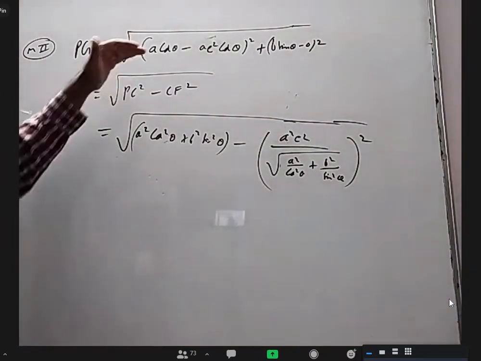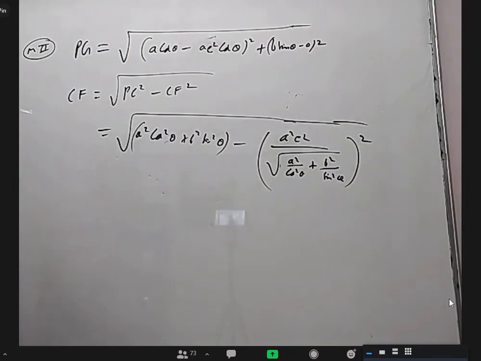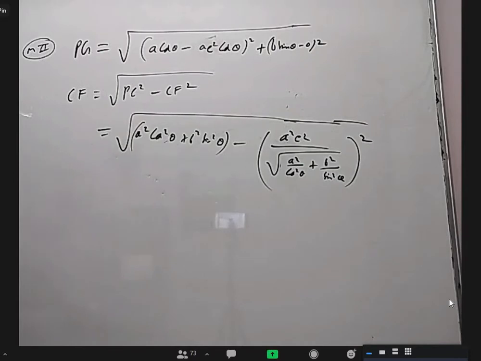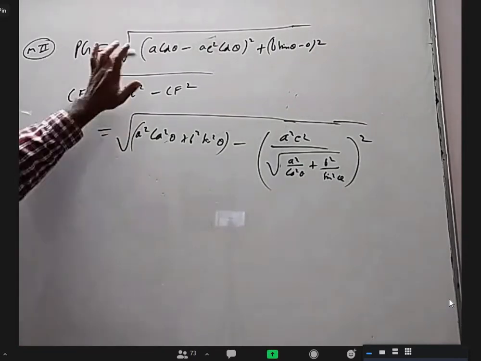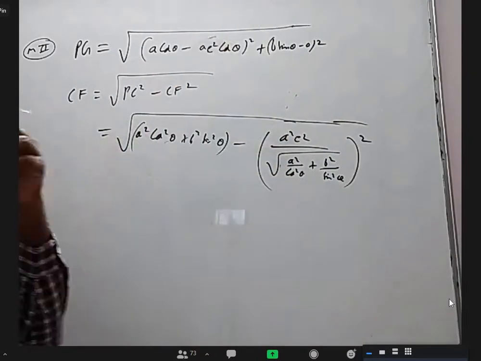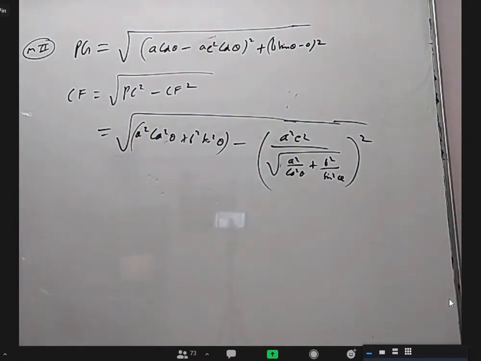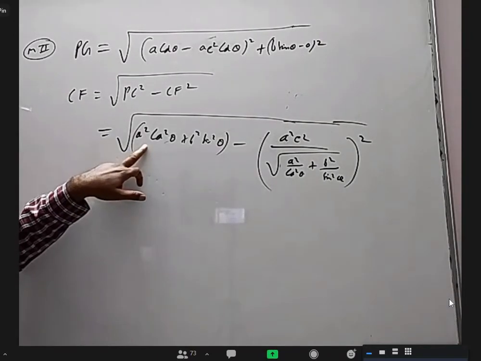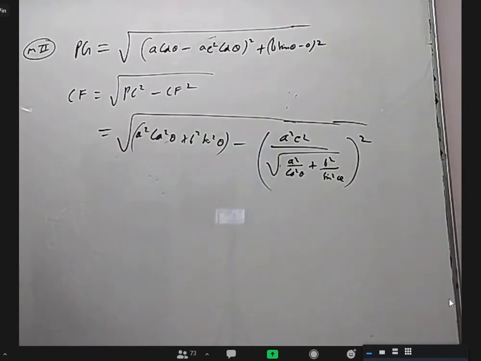Okay, so somehow this product is constant. That's what I have to prove. So this numerator and this denominator should get cancelled. A square sin square plus B square cos square. Will you get that? And this numerator should be constant. A square sin square plus B square cos square. If I take one cos square sin square here, it will come. Anyway, since I wrote, I'll just continue this method too.